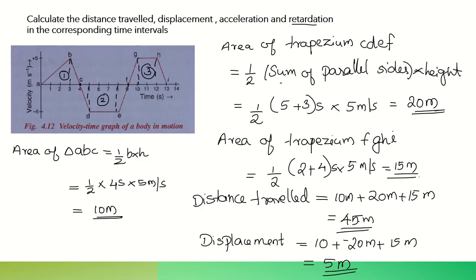The line AB, we have to calculate the acceleration. So how do you calculate acceleration? We have to take the slope. So what is the slope of the graph? Final velocity minus initial velocity divided by change in time, right? So B corresponds to 3 seconds and here we have 0, right? And final velocity is 5, initial velocity is 0. Okay, so this is going to be 5 minus 0 divided by 3 minus 0. So 5 by 3 or 1.67 meter per second square. This is the acceleration for the graph AB.